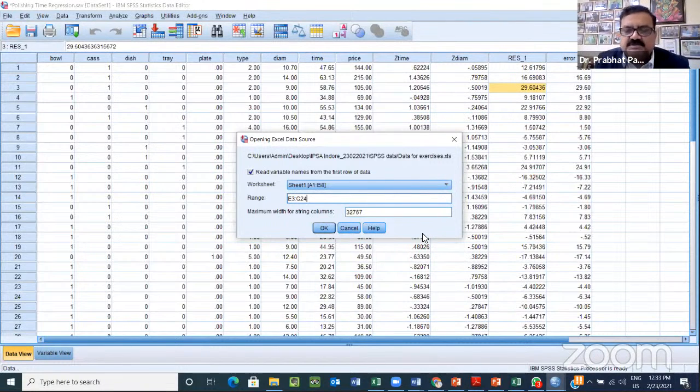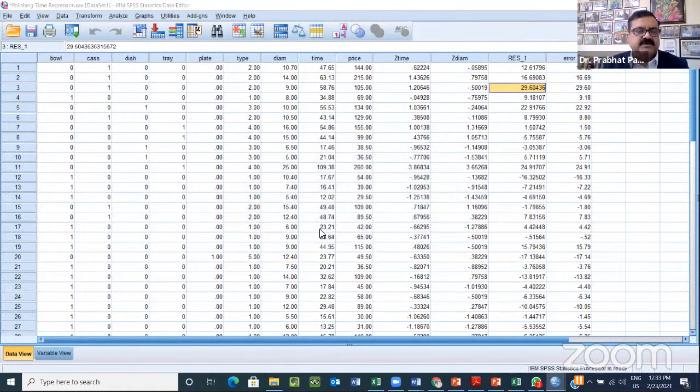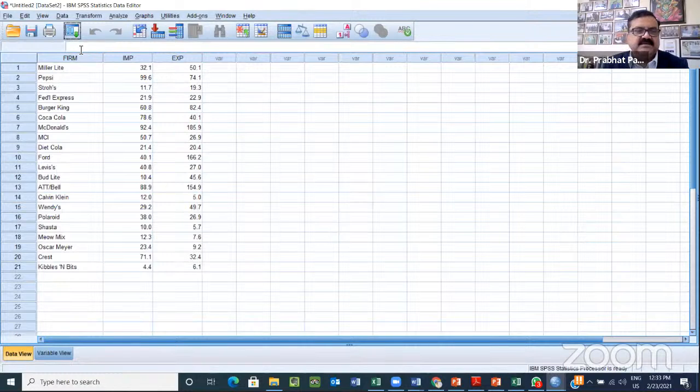I have already seen the file and noted down from where to where the data should be imported. In an Excel file, the beauty is that you can keep the file full, with massive data, but SPSS has a provision that if you want only some part of the data imported, you can do that. You have to specify the limit. In sheet number 1, which has data from A1 to I58, I don't want to import the whole data, just the data from E3 to G24. You should know which part you want to import. Then when I say okay, the data will appear automatically